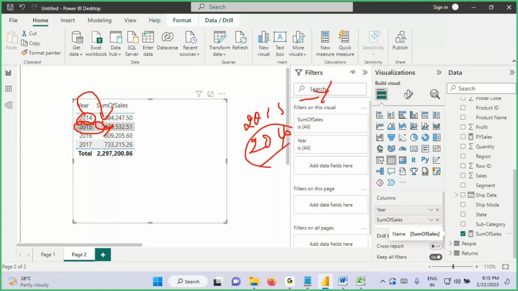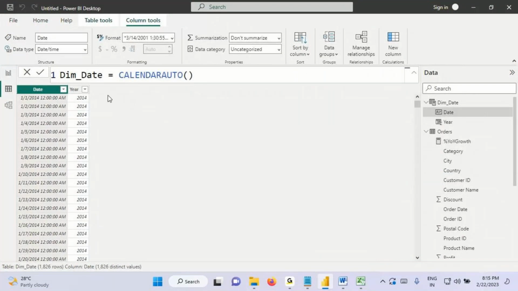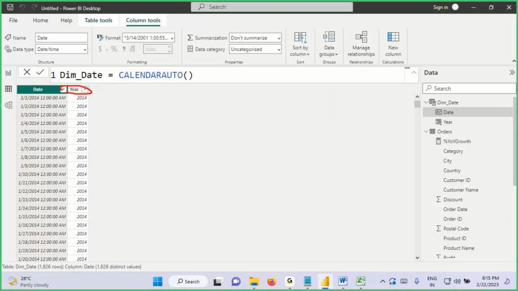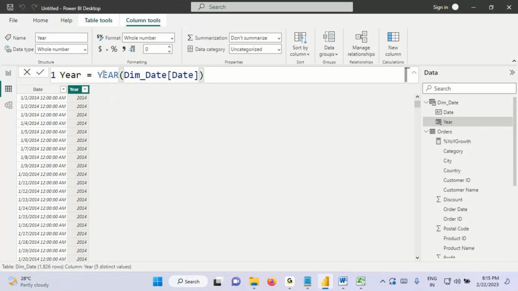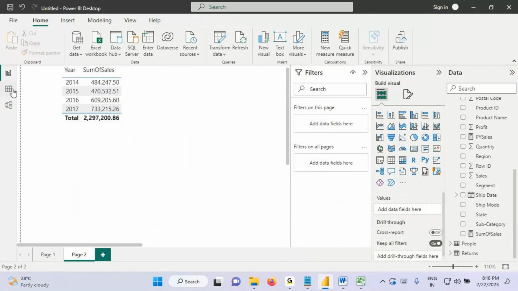How to show financial year sales? You need to derive the financial year here. What did you derive here? You derived a year. To derive the year, which function did you use? The year function. That year function will give the calendar year. When you use that year column here, it will show calendar year wise sales. When your client is asking to show financial year wise sales, you need to derive in the date table the financial